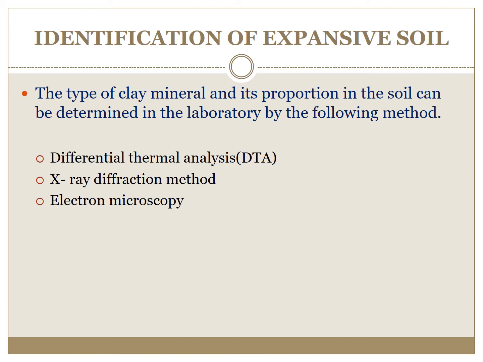Okay, so when these minerals are heated to a high temperature, there is a loss or gain in heat. So a specimen of the soil with the unknown mineral is heated continuously along with an inert substance in an electric oven, and a record of the change in temperature of the mineral plotted against oven temperature is obtained. So by comparing this with the available records of several known clay minerals, the type of clay mineral present and its amount can be known by differential thermal analysis.